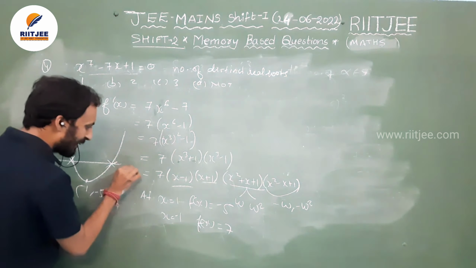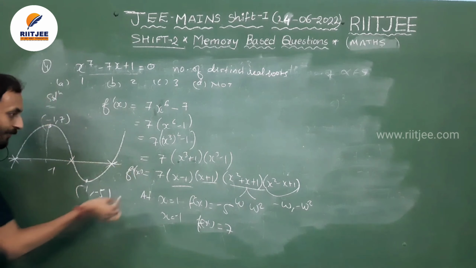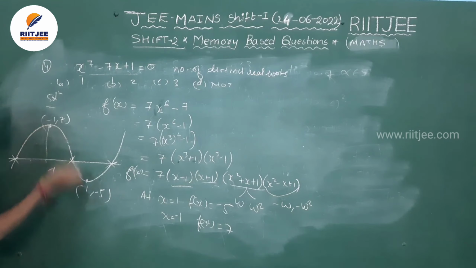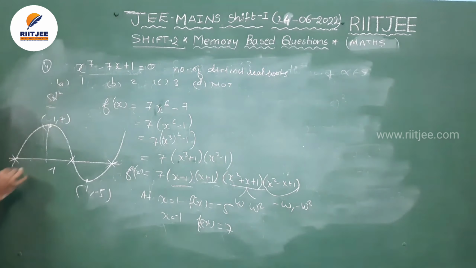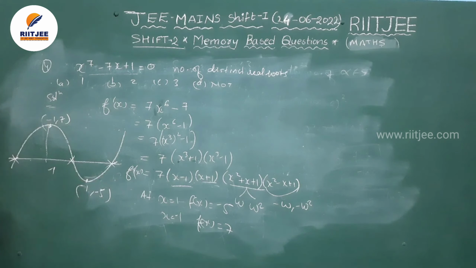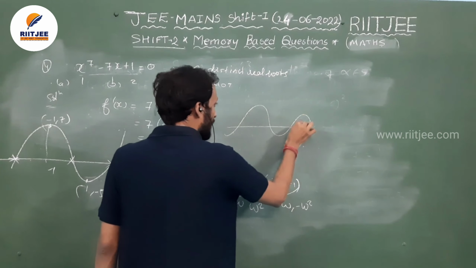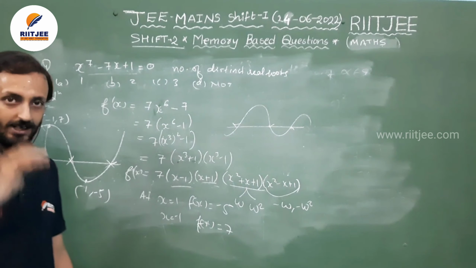But ये तो f dash x है. This is about f dash x. But f dash x is saying that at 2 points it is changing the nature, at x equal to minus 1 and at x equal to 1. So definitely this curve will intersect the x-axis at 3 distinct points, as we have calculated, and the number of times it is intersecting the x-axis, that only will be the number of distinct real roots.